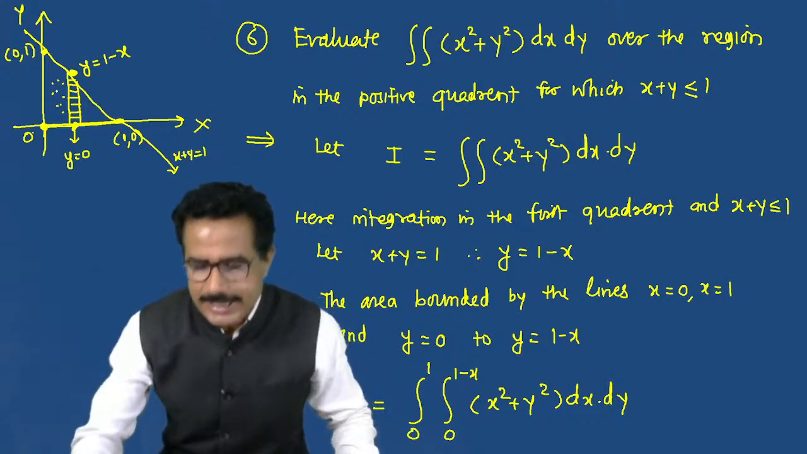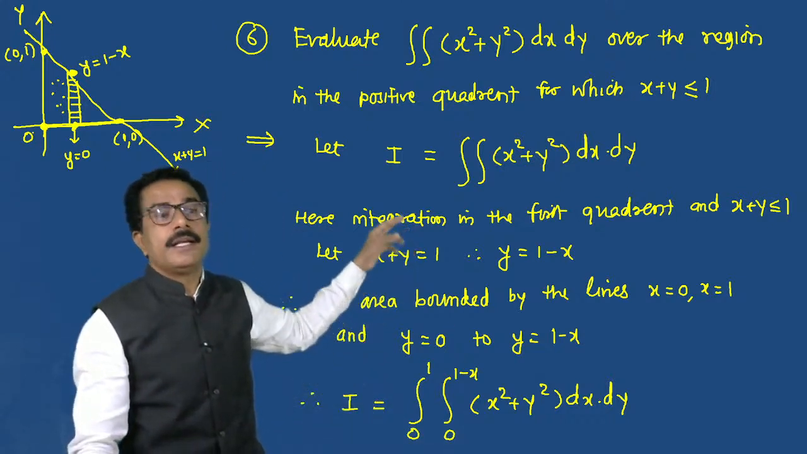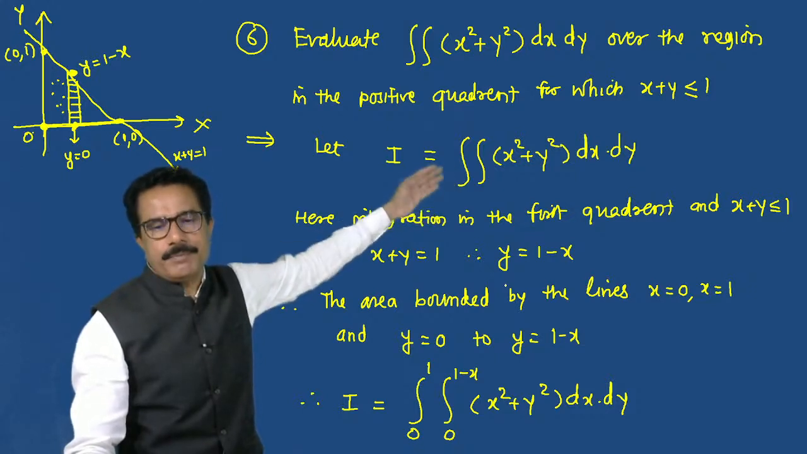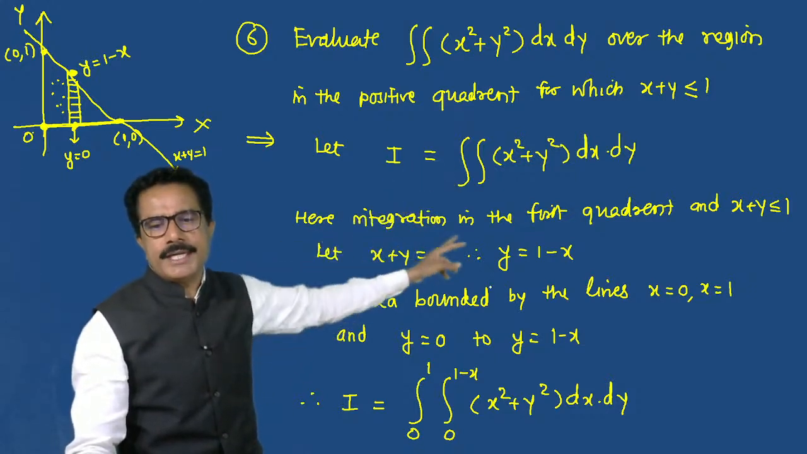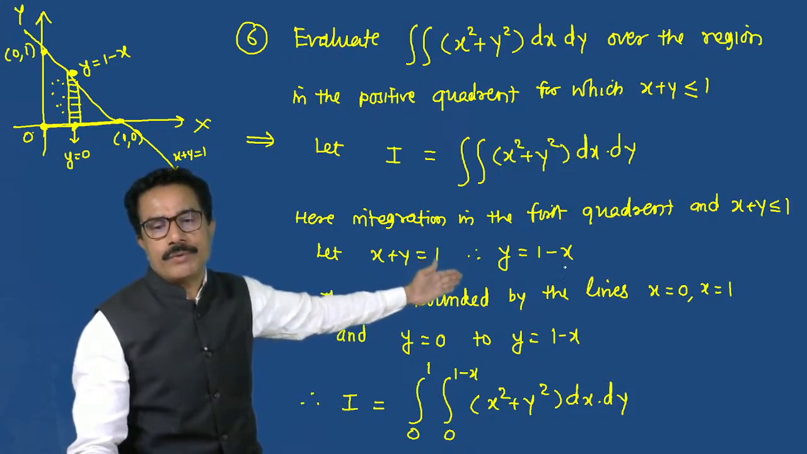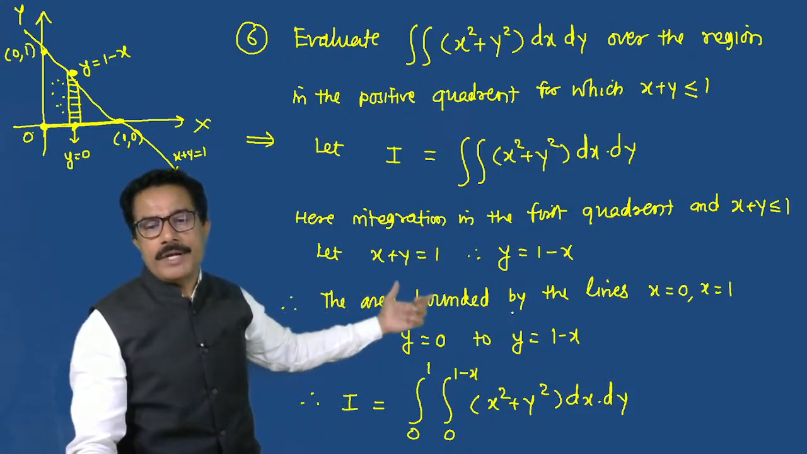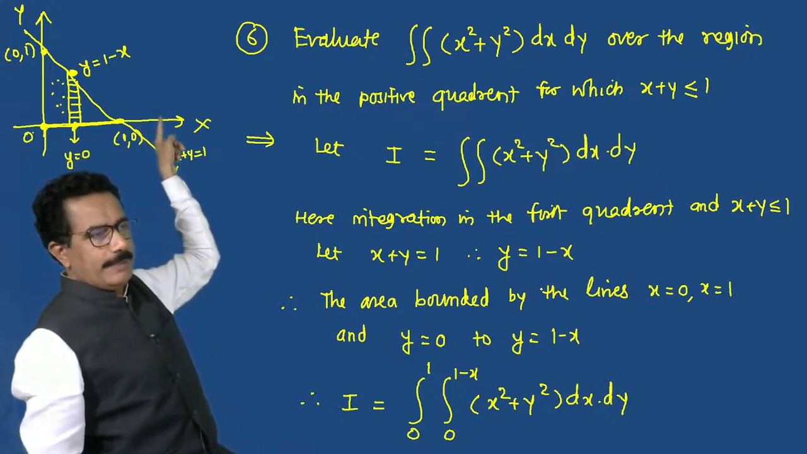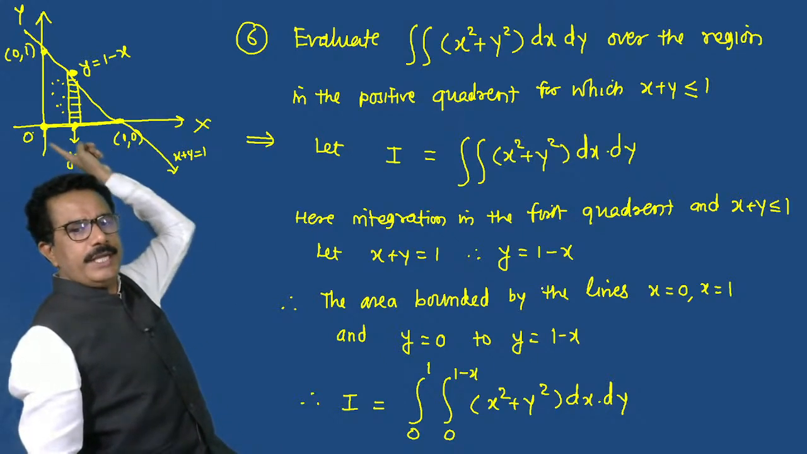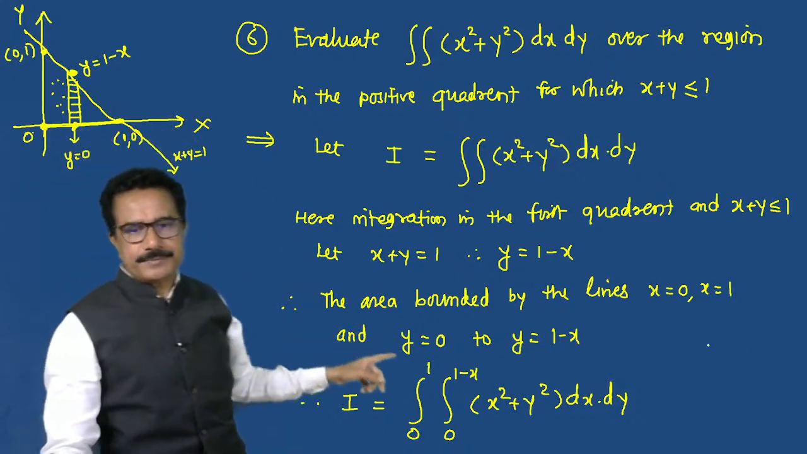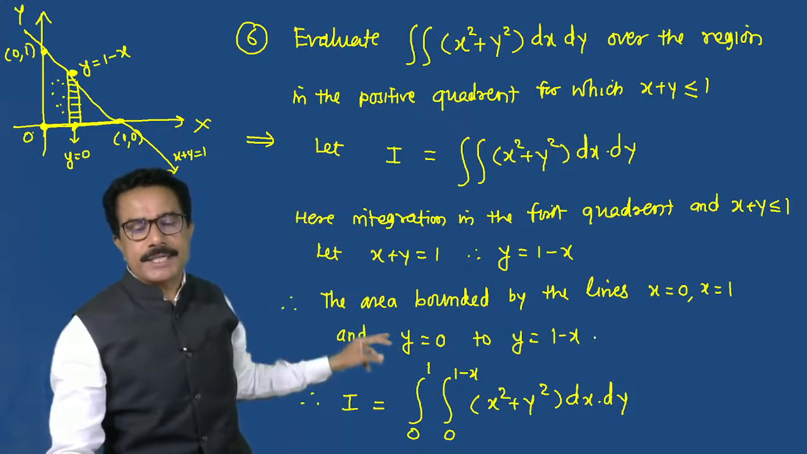So we can write the limits of this integral, the unknown limits. या इंटिग्रल मध्ये लिमिट्स दिलेले नाहीत, पण आपण काढू शकतो. So integration in the first quadrant, x plus y is less than or equal to 1. Let x plus y equals 1, so y equals 1 minus x. The area bounded by the lines x equals 0 to x equals 1. Origin आहे, x equals 0 पासून x equals 1 पर्यंत, and the vertical strip having lowest